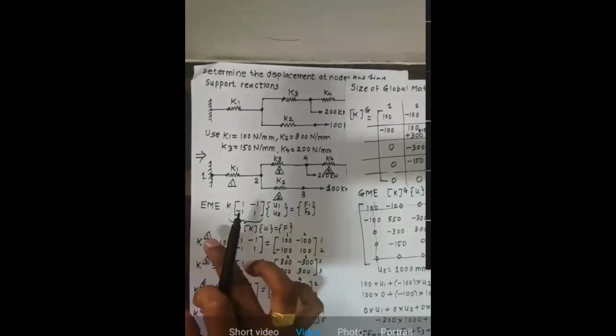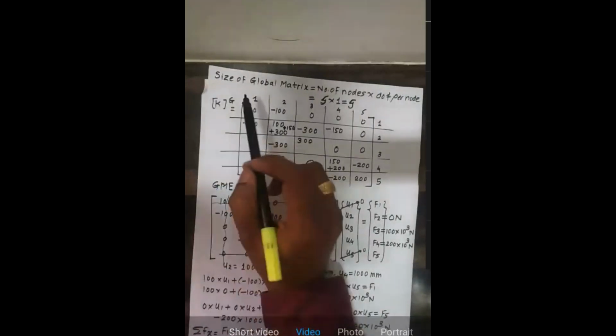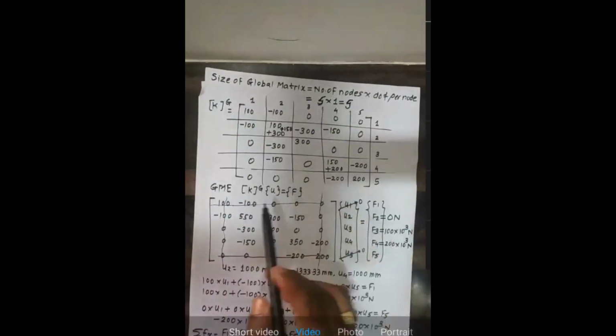After that, we have written the element matrix equation, and from that we have calculated the element stiffness matrices. We have clubbed them to get the global matrix. Then we imposed boundary conditions, put in the values of the applied forces, and solved the 3 simultaneous equations for the unknowns. Then we calculated the reactions, and the summation of forces tends to 0. That means our answers are right. Understood this one, all of you?